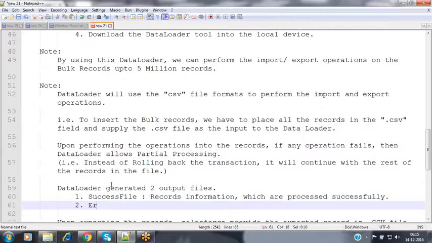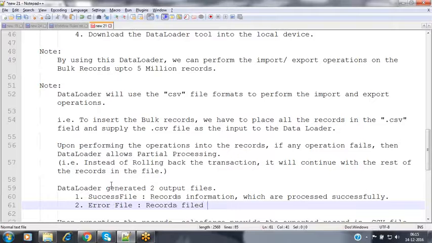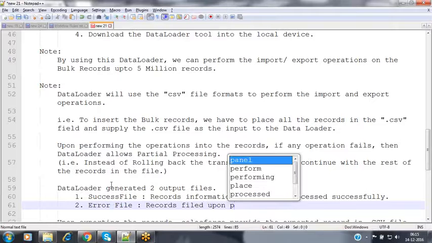And the second one is an error file, containing the records that failed to perform the operation, which failed upon processing.